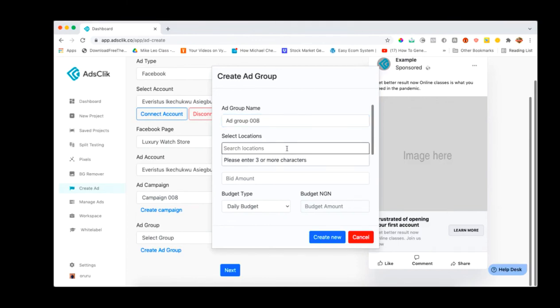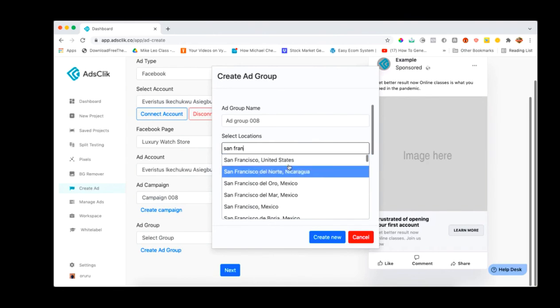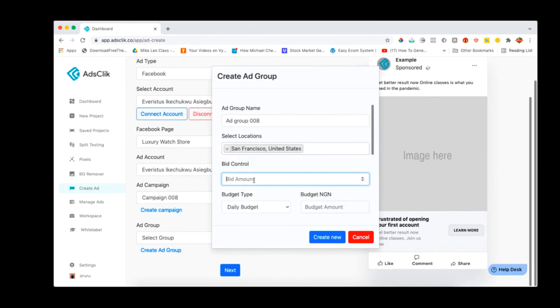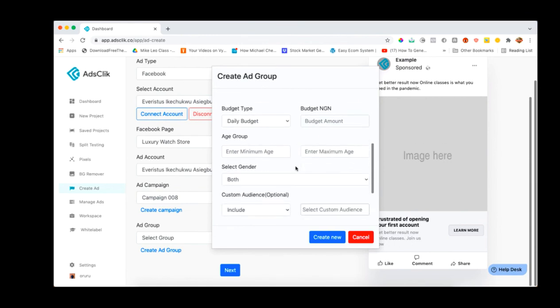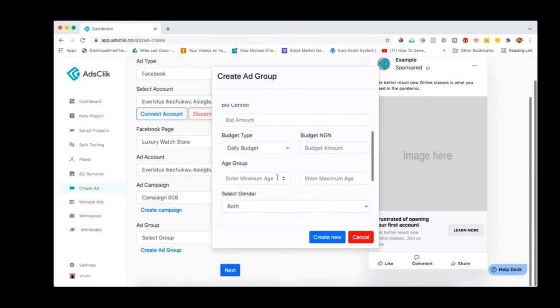Alright, you can pick your location. Bring it up for you, San Francisco, United States, pick it up. Bid control, you can put whatever you want here, that's optional. Daily budget, okay. You won't be able to put anything here because you already had a budget for your ad campaign. That's a new way Facebook did their ad campaigns to work. So you can pick up the age here,